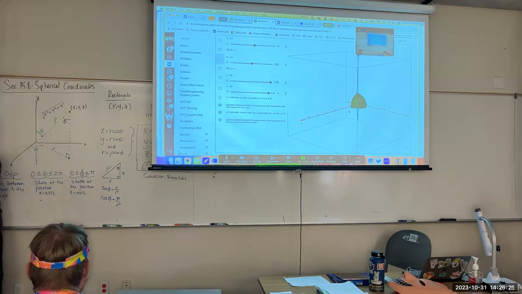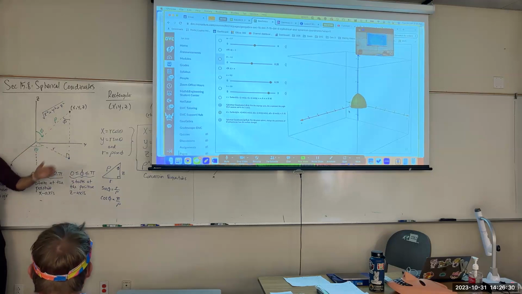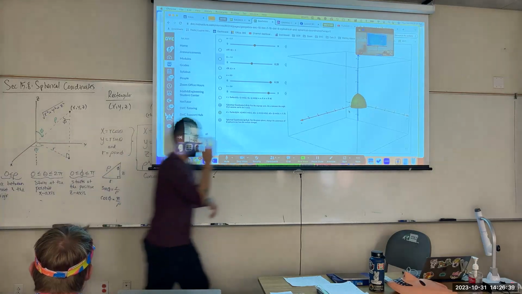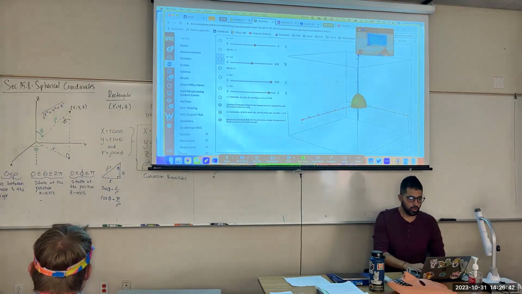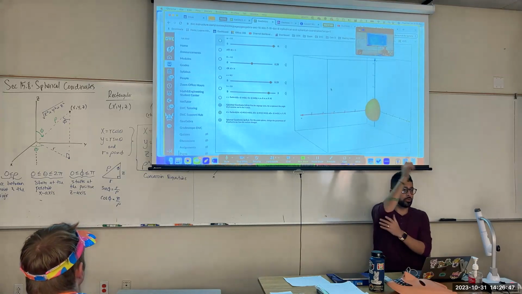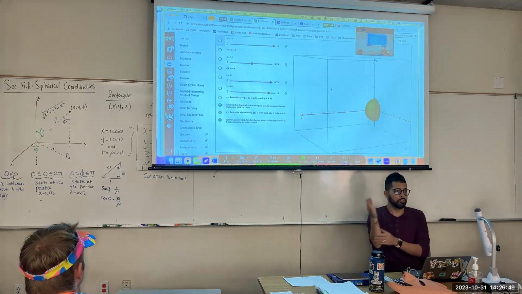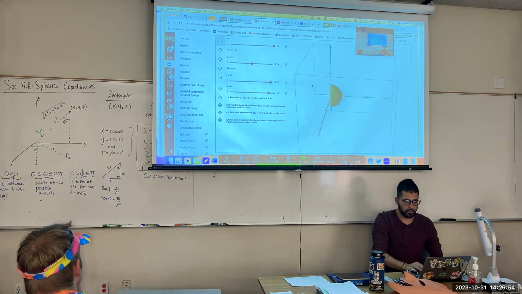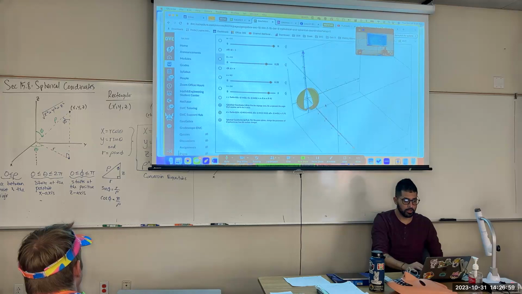So if I just let that vary, it's only going to give you this part of the sphere, where theta goes from 0 to pi over 2, and phi goes from 0 to pi over 2. If I let phi go from 0 all the way to pi, now it'll be able to vary all the way down towards the negative z-axis. But theta can still only go from 0 to pi over 2. I can then say, well, I want more of my sphere, so let's have theta